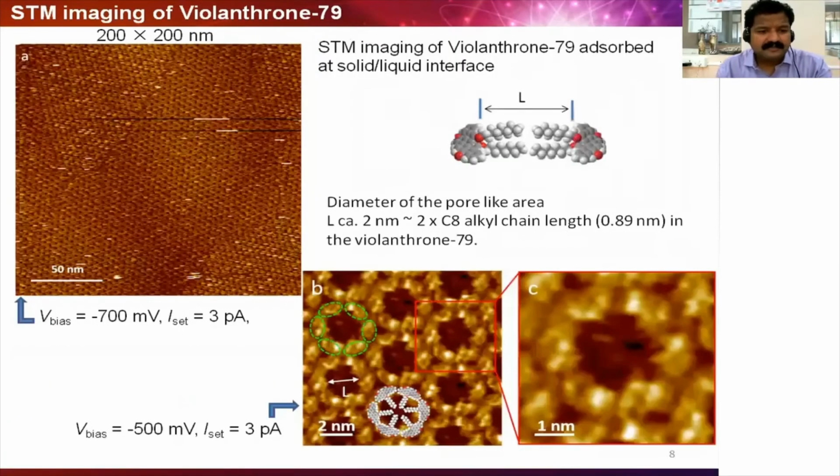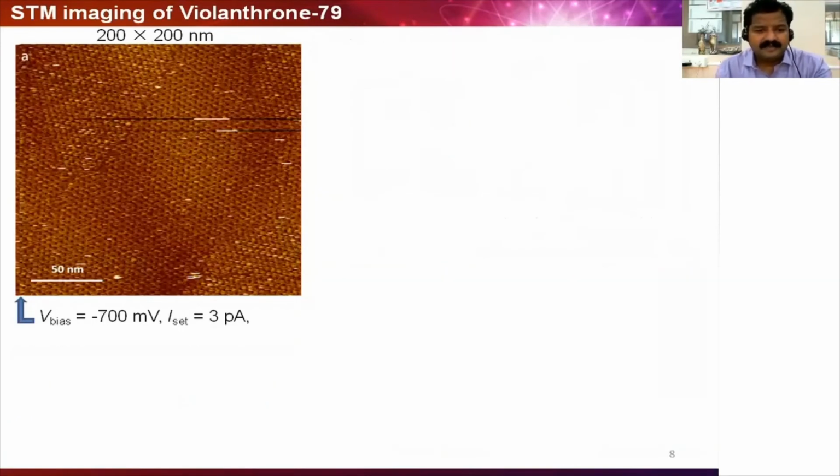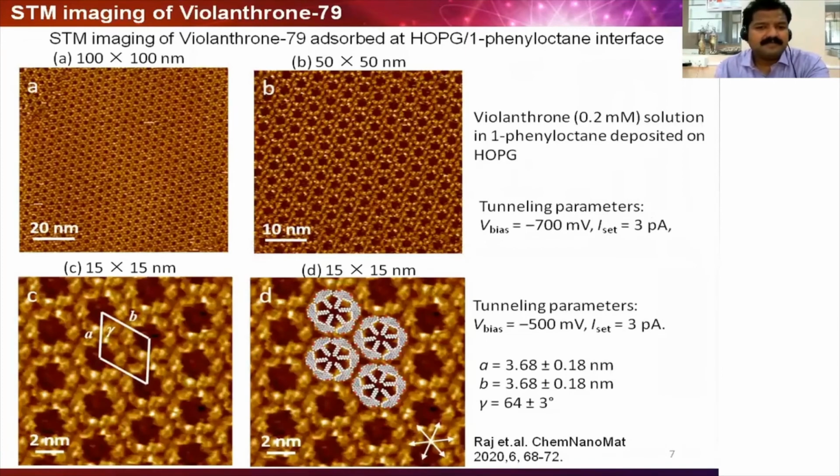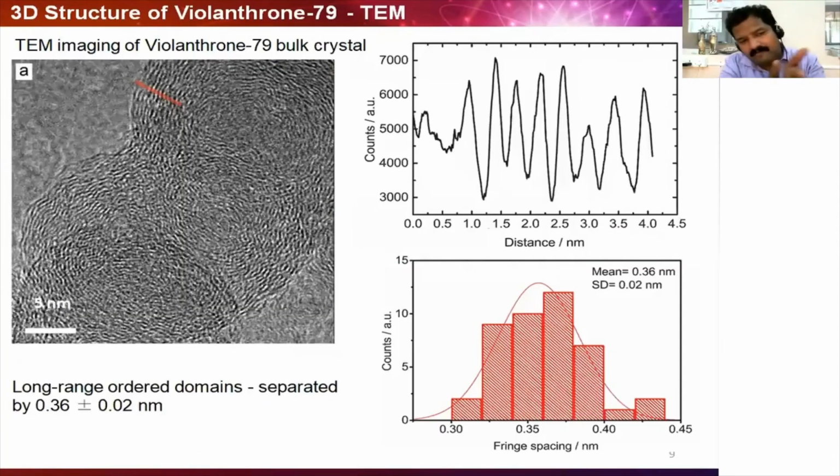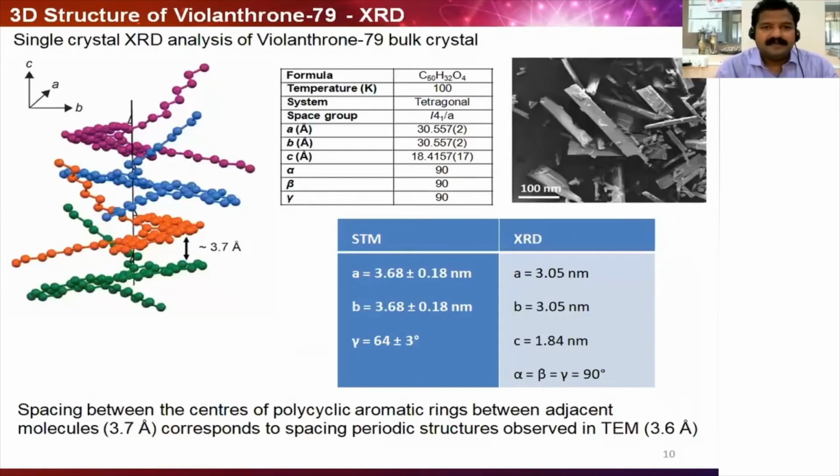So this 3.6 angstrom is very close to the lattice parameter that we observed in the STM image. So in order to understand the real arrangement in the bulk, we did what is called the 3D structure analysis of these crystal molecules with single crystal X-ray diffraction. In the single crystal X-ray diffraction analysis, the violentron is actually